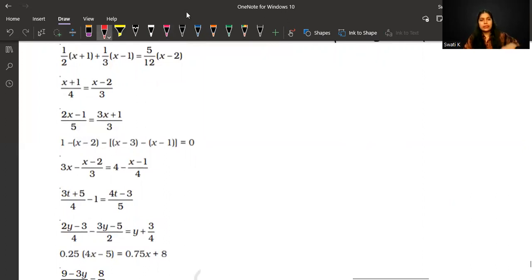Okay, so you can see here the first question. I'll just write down here number 1. Of course, I don't remember which number this is after the last question, but I'll keep this as number 1. If you simplify this, I'm not writing the question, I'm directly starting with the solution. So, using the distributive property, you'll multiply this. Half into x is half x, which is the same as x by 2, plus half into 1 is half,